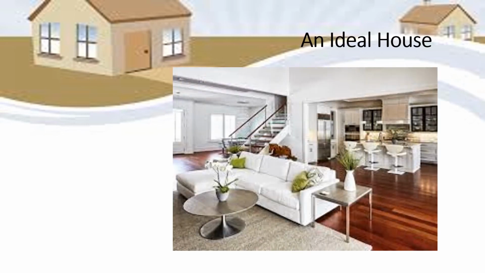Look at this picture, children. You can easily say that yes, it is an ideal house now. As you know all the features, that is ventilation, sunlight and air, sanitation and open space. You can see small green pots are planted here so that you can get fresh air every time. Proper sunlight is coming, proper ventilation is there, and open space is also there. So we can easily say that yes, it is an ideal house.